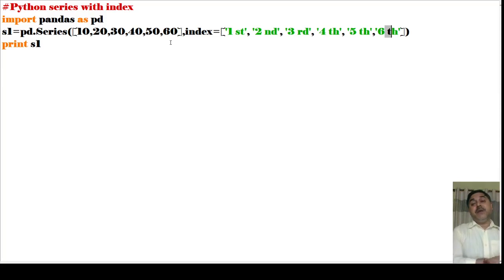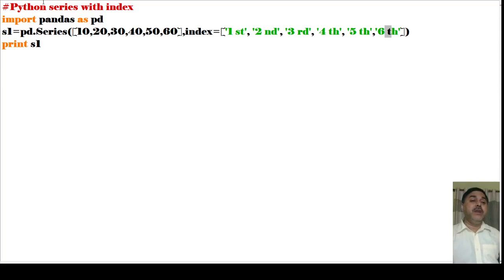If there are 7 values, I will have to increase the index. If there are 8 values, I have to increase the index. Based on that, I have to increase the index position. Clear? So in this program I have included an index.